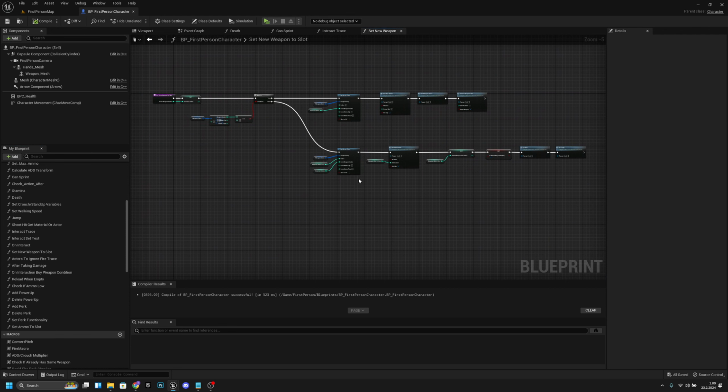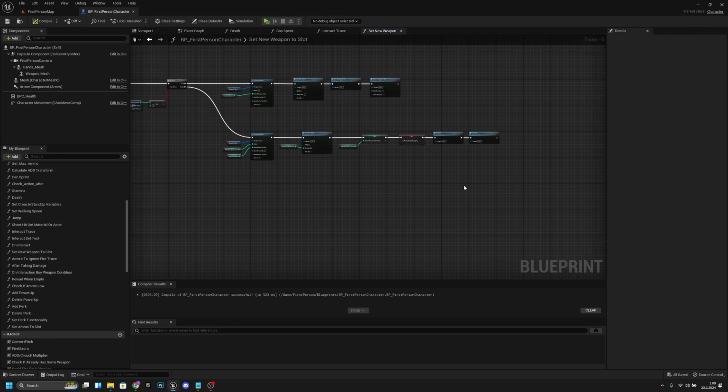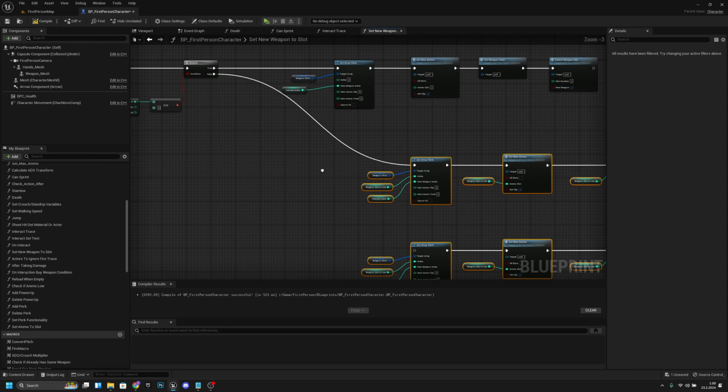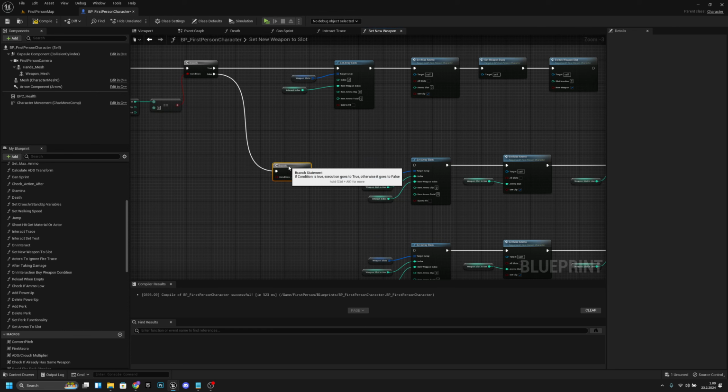Okay, and what we want to do here is duplicate this whole bottom line. Let's Control C, and actually let's paste it all here. Now we want to move both of these a little bit further, like to here. Let's add another branch here. Let's connect from the false. Now let's connect the, or get the